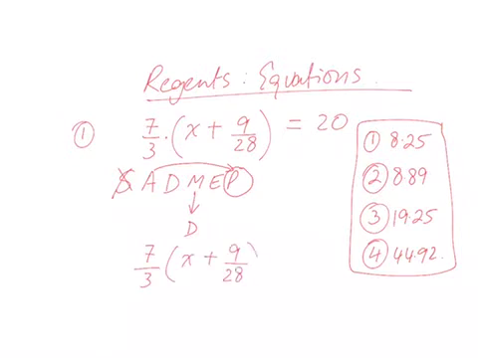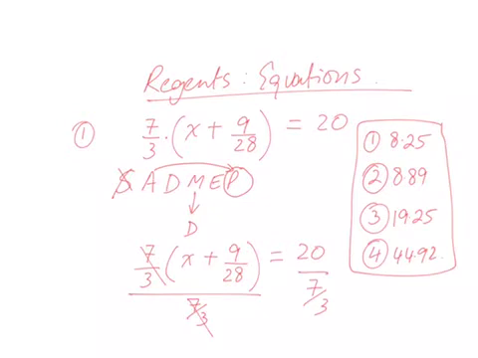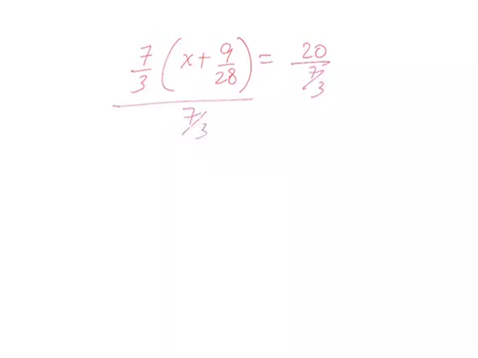We are always working on opposites. Once we determine what the arithmetical operation is, we'll do the opposite. So if I divide by 7/3 on both sides, you can use your calculator, this will cancel off, right? So we had 7/3 x plus 9/28 is equal to 20 over 7/3, and this is also over a 7/3. So these two cancel off, and you get x plus 9/28. Then when you solve this, we get